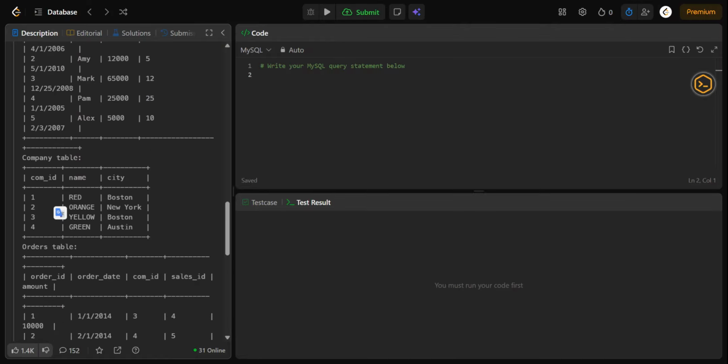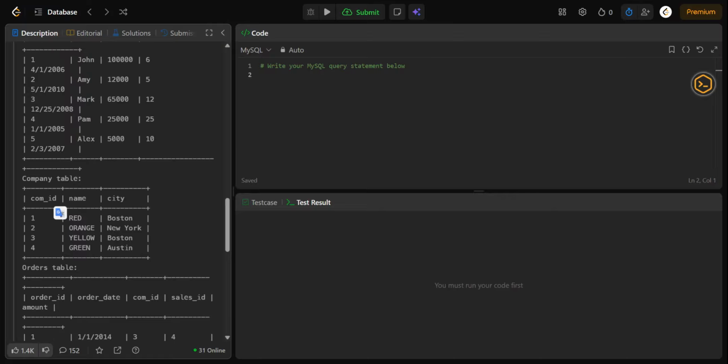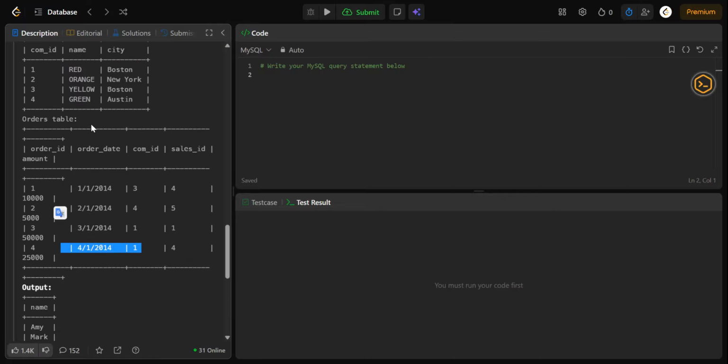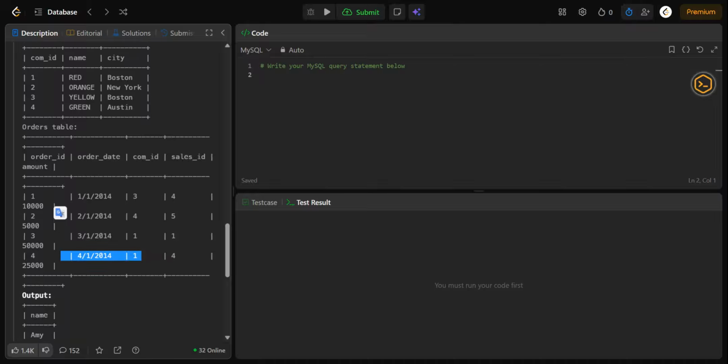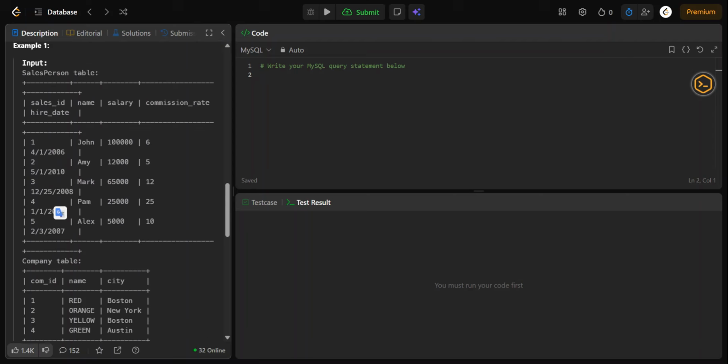Since both John and Pam sold to RED, we can confirm it using the sales ID.